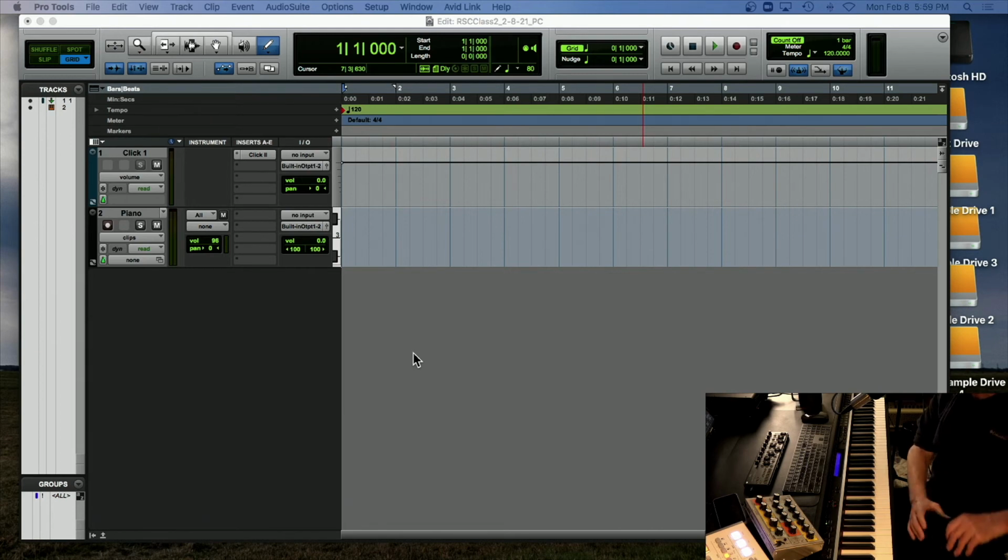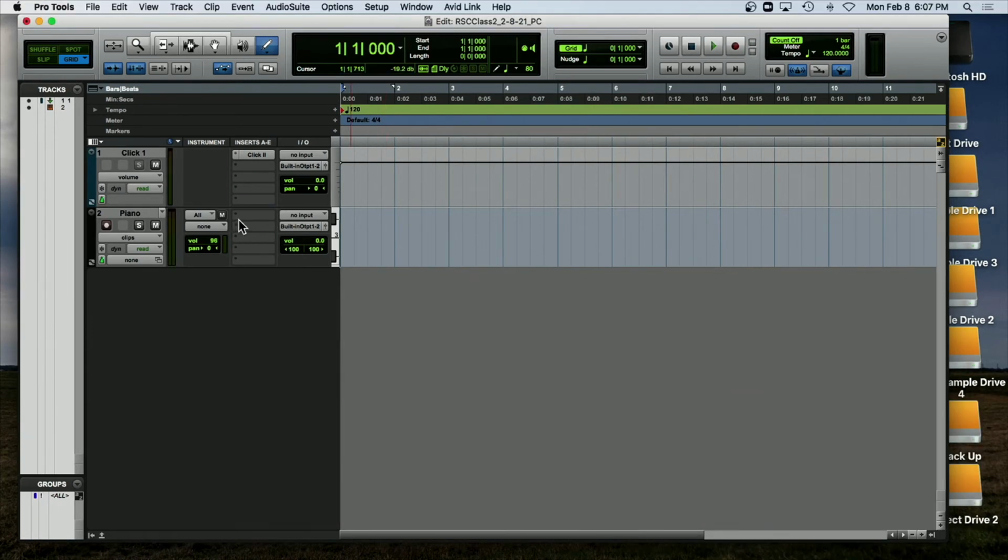Now, a lot of audio interfaces have a MIDI port on the back, but we're not worried about that right now. The easiest thing for you to do is to just take your MIDI cable and USB cable from your keyboard and hook it up to one of the USB inputs on your laptop. So now that you've got this set up,